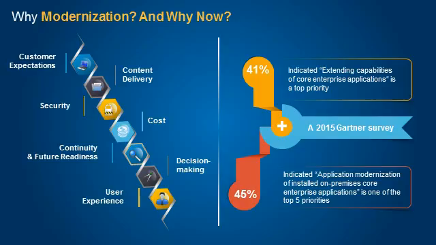So as you can see on the slide, there is a nice little infographic that talks about a Gartner survey, where a lot of people who were interviewed have specified that architecture modernization of their core enterprise applications is the way to go forward. So it is not just us or you thinking that this is important. In fact, across the world, a lot of enterprises are thinking the same. And yes, that justifies our reason to modernize our architecture to improve not just our customer experience, but a lot of other factors.